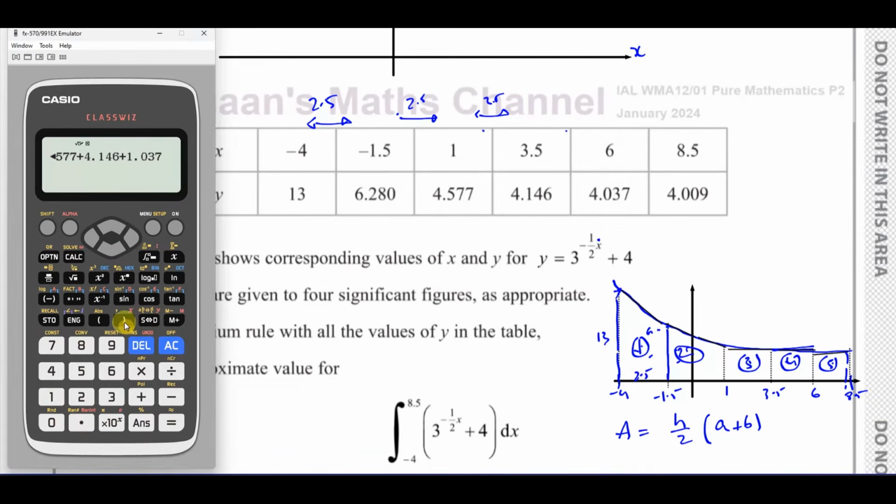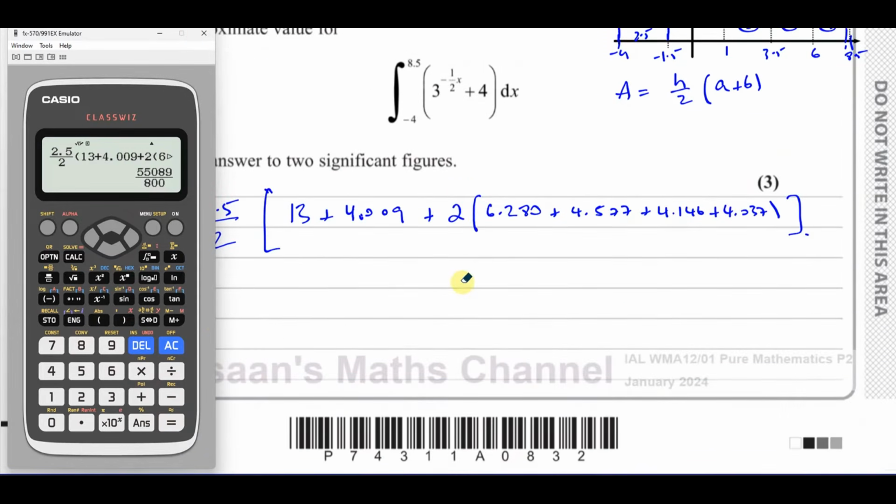4.037. Close the inner. Hold on, that's supposed to say 4. And I pressed 1. Be careful. So that's supposed to be 4.037. Okay, so I'm going to close the inner bracket and the outer bracket. I'll close those 2 brackets, press equals, and I end up with the answer as, I'll write it as this